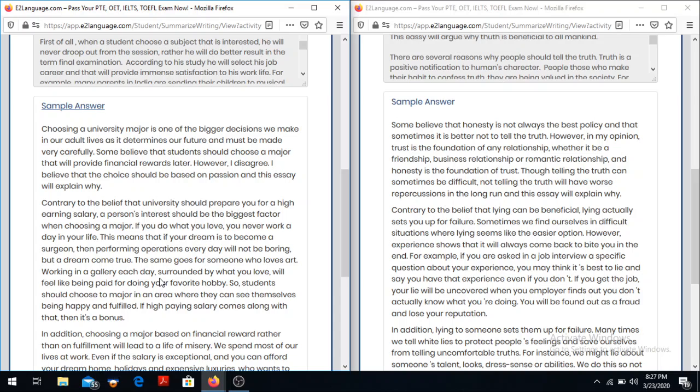So the subject should not be chosen for a higher salary and better career. That should be chosen as per your desire. So next, go to the